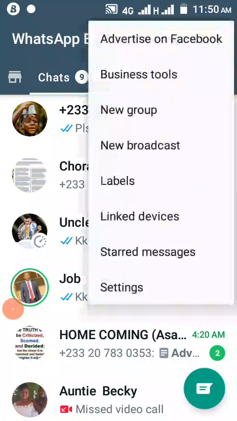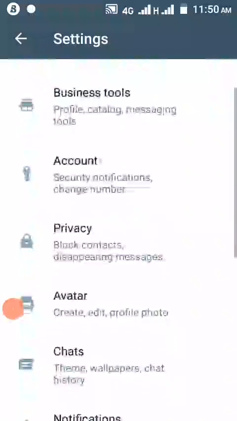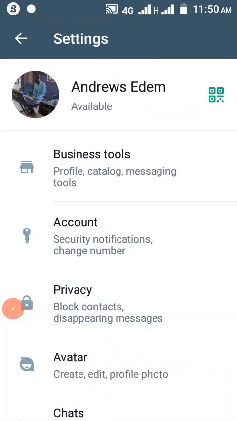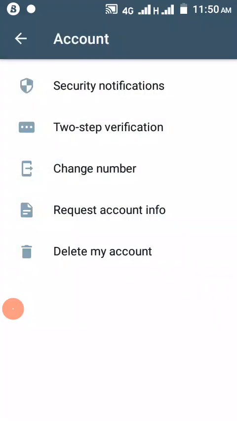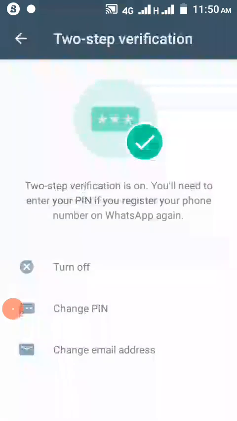You click on it, then the last menu item on the list is settings. You click on settings, you select account from the list that pops up, and then out of the menu items in the account, we have two-step verification. So click on two-step verification as I'm doing,